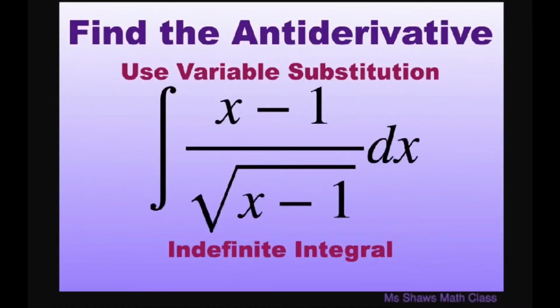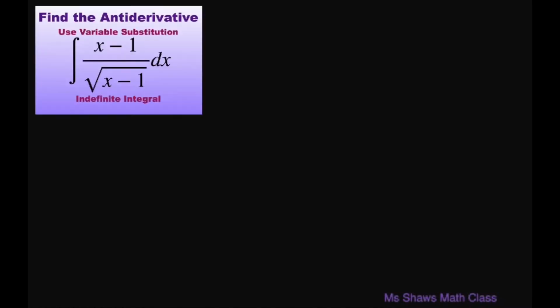Hi everyone, we're going to find the antiderivative using variable substitution for the integral of (x minus 1) divided by the square root of x plus 1 dx. Alright, we're going to